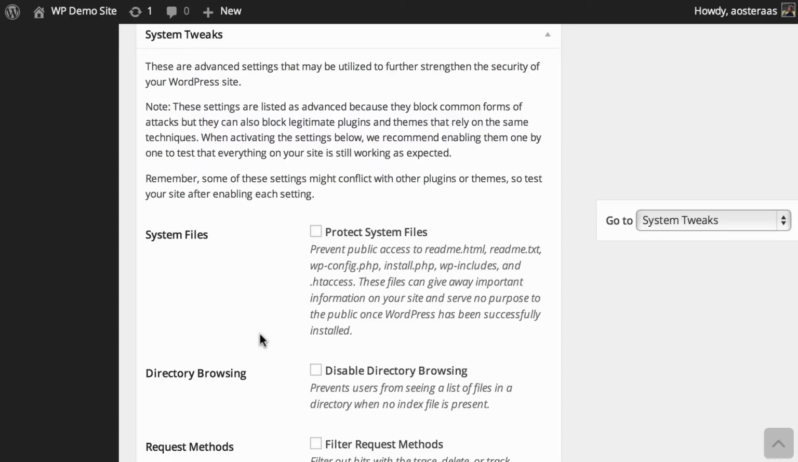So we're going to go through these settings one at a time and just explain what they mean to you, and then we'll leave it up to you to go through and make those changes on your website. So the first setting is about protecting system files. It just prevents public access to two README files, the wp-config.php file, the install.php file, wp-includes, and .htaccess as well. Those files have sensitive information about your WordPress website, and I strongly recommend that you have this turned